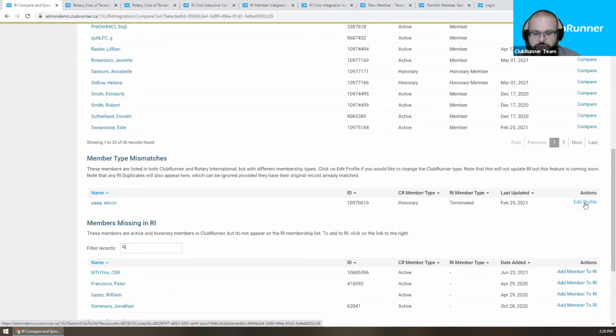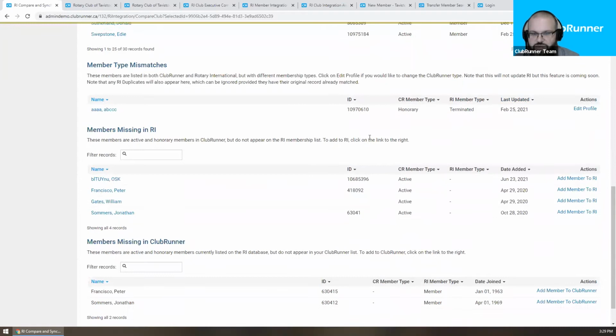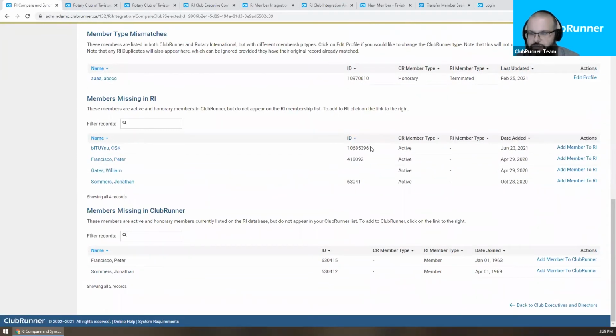So if it has been more than 30 days, the prescriptive remedy is to make the change as if it happened in the last 30 days, and then contact data@rotary.org and send them a notification. So we'll cover that a little bit more towards the end here. I can't dive into this member's profile just because of the state of our development system, but I'm going to continue on. So we have a group of members missing at Rotary, and we have a group of members missing